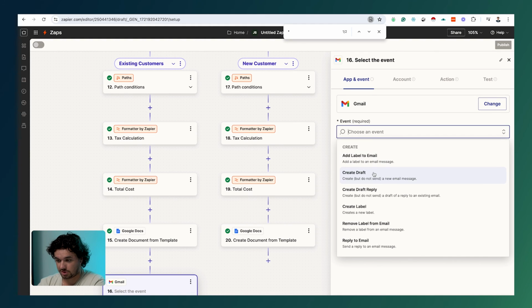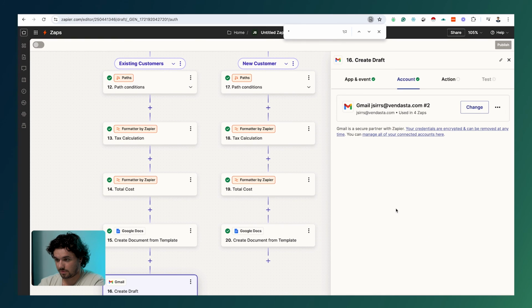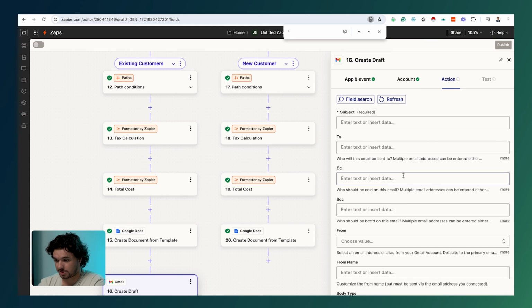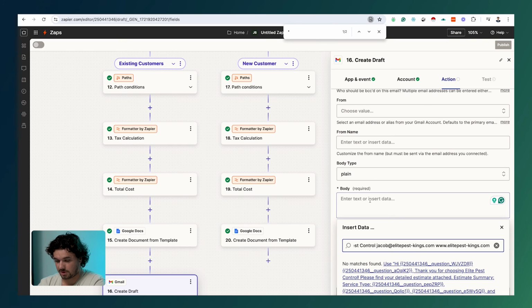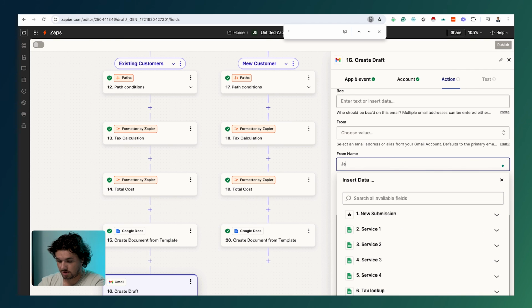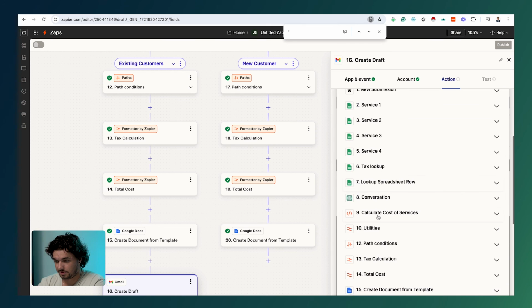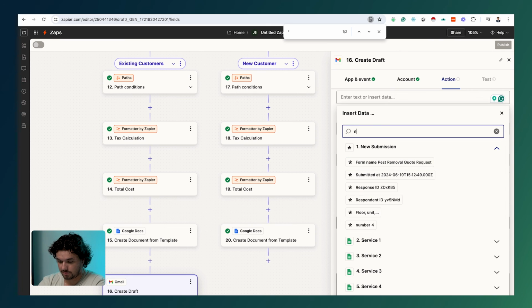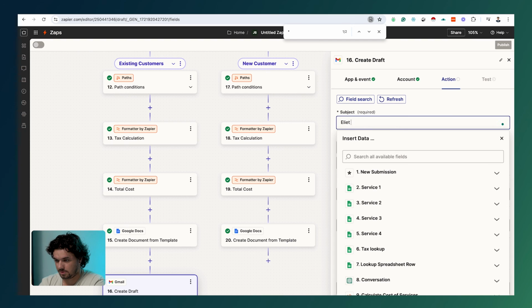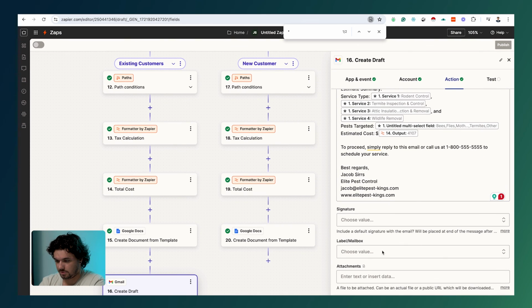Now to create the Gmail draft reply, we're just going to select the Gmail app within Zapier. And the event we're going to want to choose is create draft. So we're going to hit continue, select our account, continue, and we're going to set up our action. So we can enter our information into the body, select our from name, enter who it's to, continue, choose your signature,